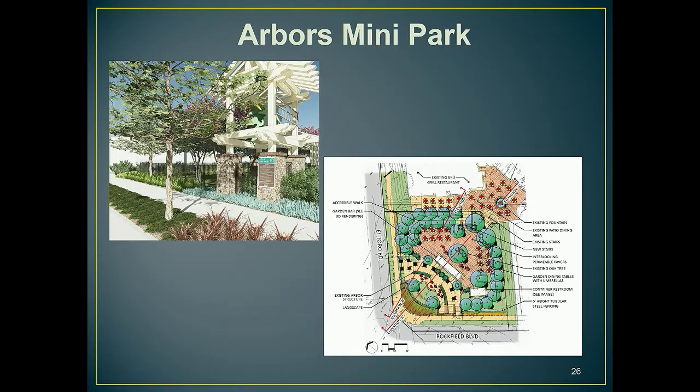So next month we should be out to bid on the Home Depot side. This is at El Toro and Rockfield, both corners. So on the Home Depot side, we're redoing the landscaping and putting up some wrought iron fencing and making it look really nice. And then we'll also be doing, on the Brew side, or the Lucille side, wrought iron fencing